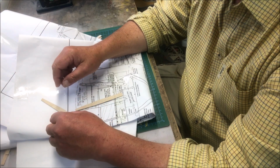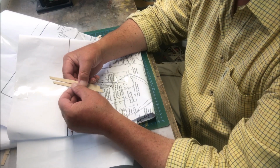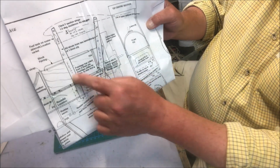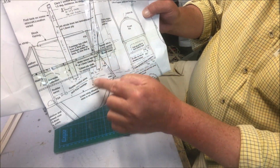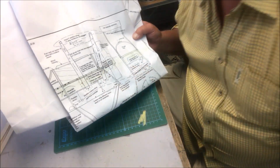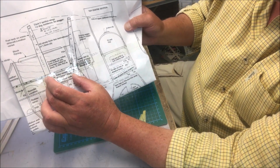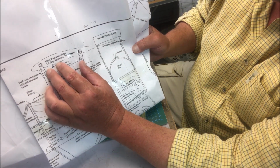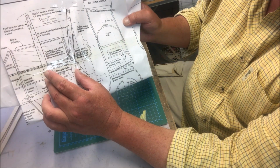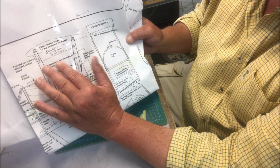Moving swiftly on, we have to make the cabanes. Now if you don't know what cabanes are, if you look at the drawing, these are the cabanes. These basically go from the fuselage, or as Cliff likes to say, the fuzz, up and attached to the top wing. So this is the main support from your fuselage, and it's very important to get these absolutely spot on